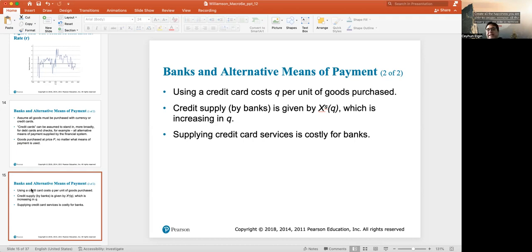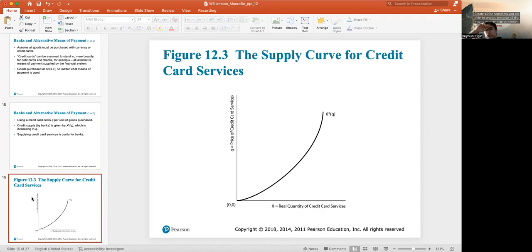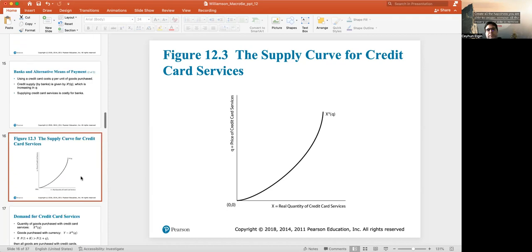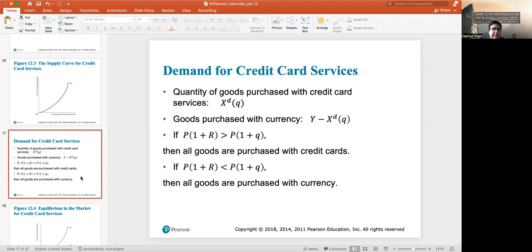And also, supplying credit card services is costly for banks. The supply curve looks like this. This is the quantity of credit card services. This is Q, the price of credit card services, and it has a positive slope. Okay, so this is all about the supply. When it comes to demand, in the next slide,